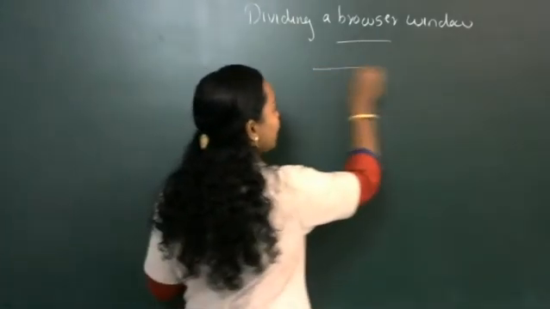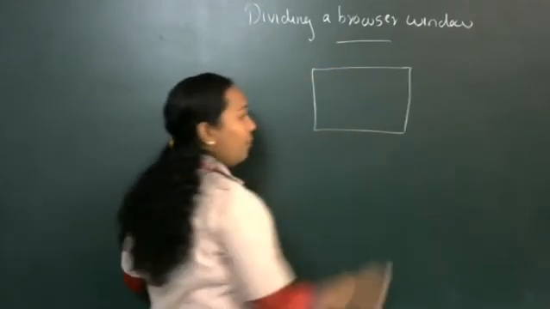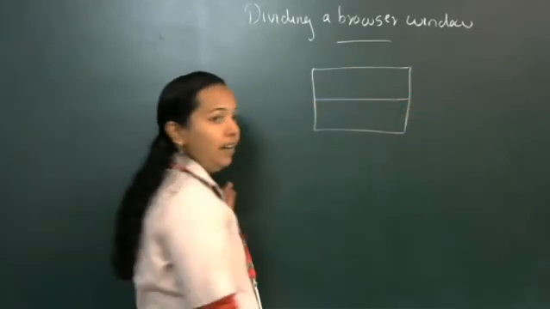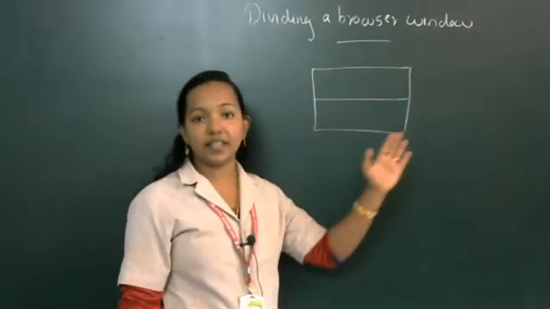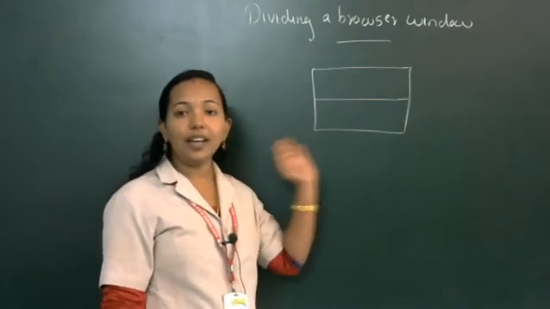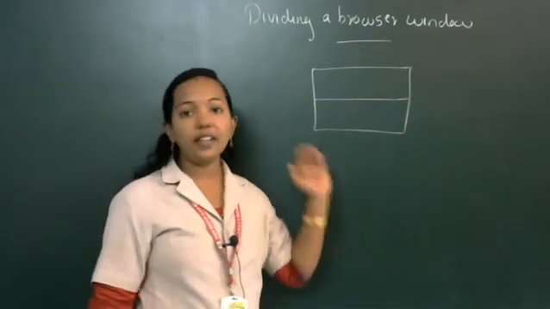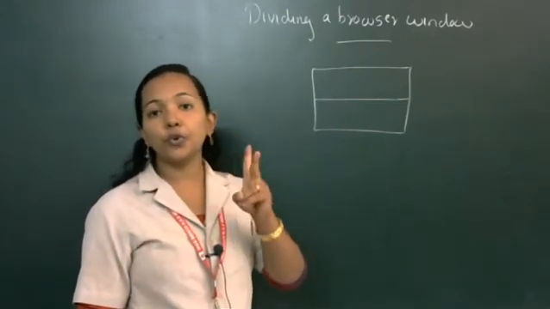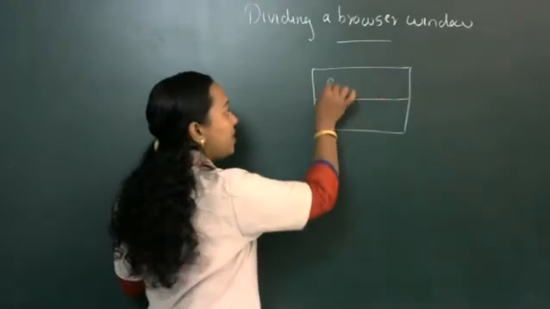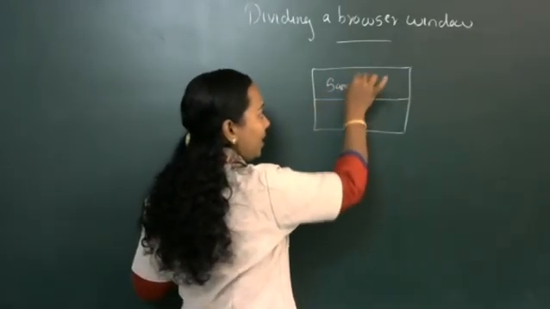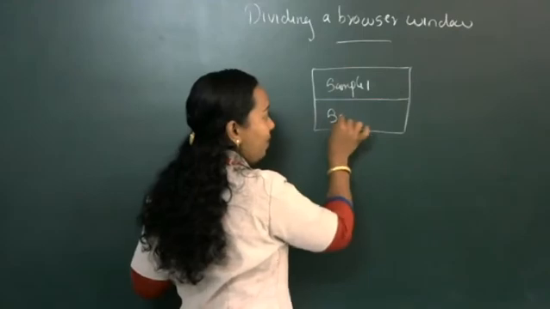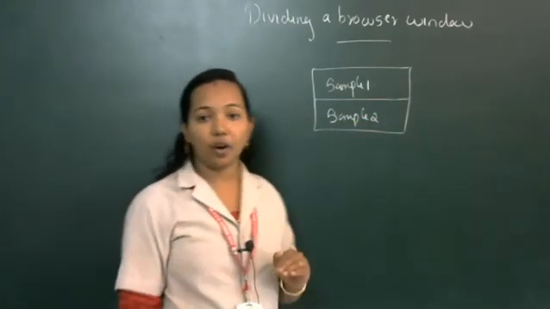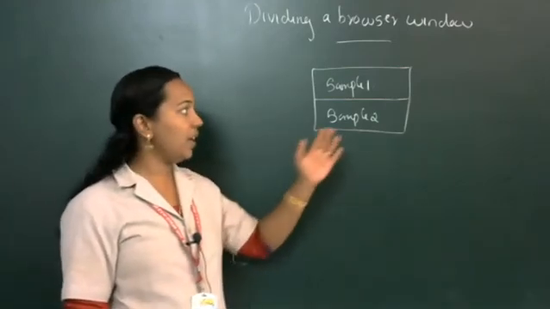For example, this is a sample layout of our web page. Suppose you want to add two web pages in a single web browser, then we can divide it like this, vertically and horizontally. So we can divide that browser window row wise. We can make that browser window into two different rows. So the first web page will be available in the first section and the second web page will be available in the second section of our browser window. Okay, we can divide like this.